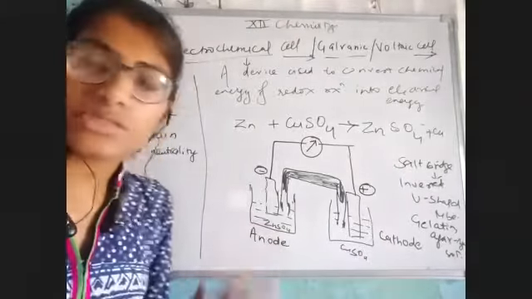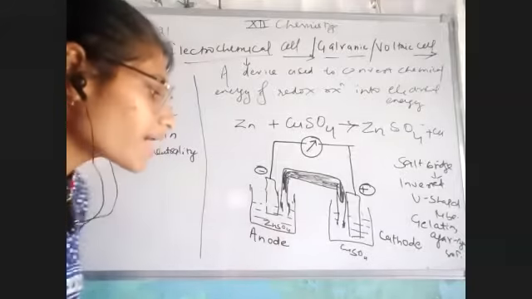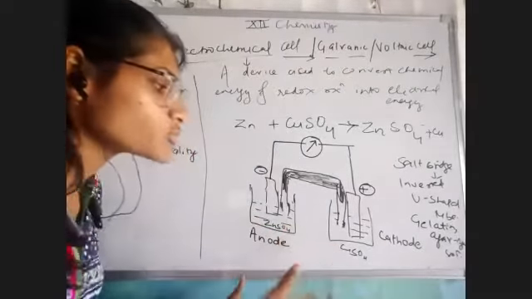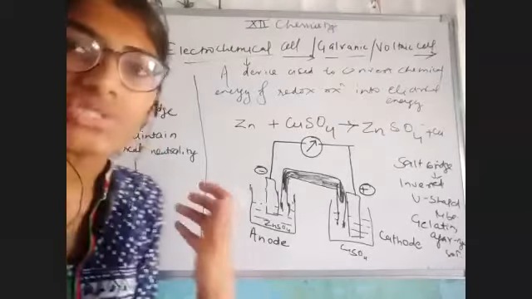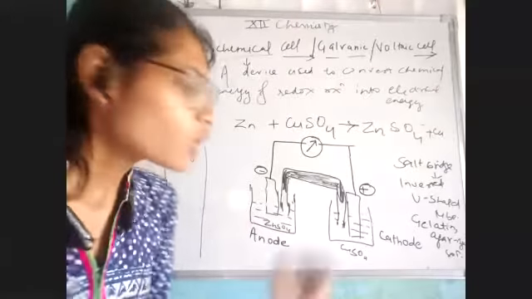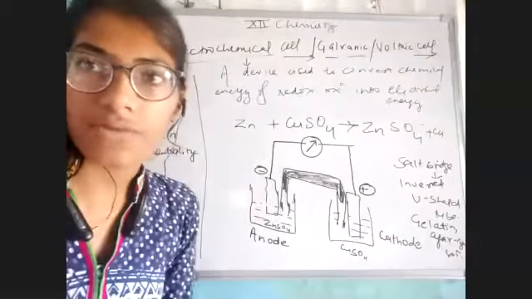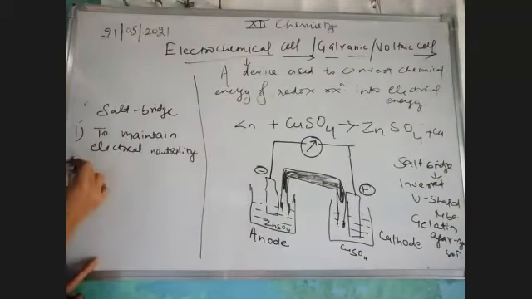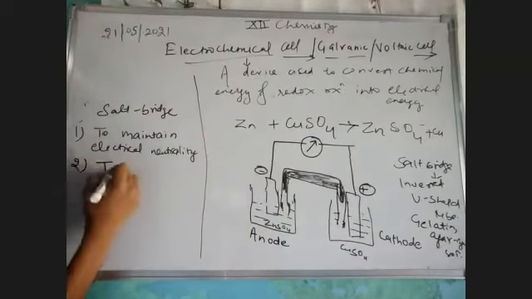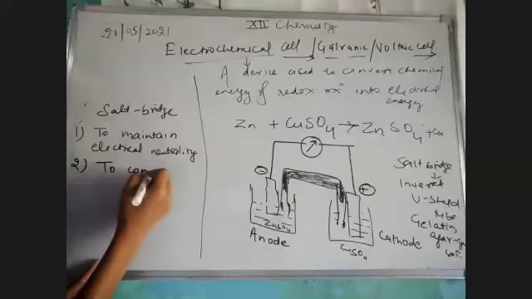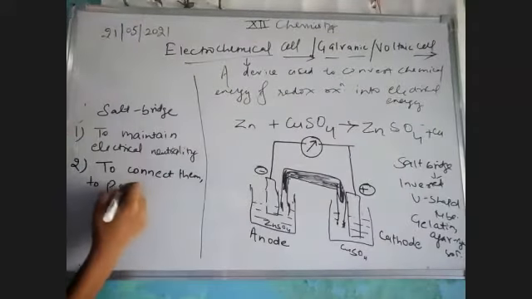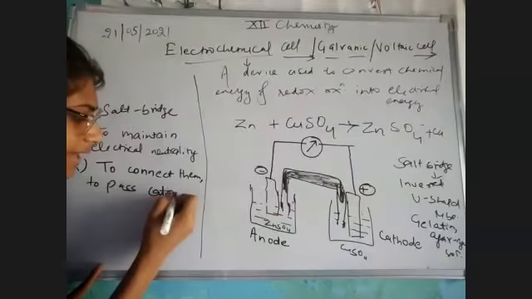Left hand side, there is oxidation. So what would happen after some time? This zinc sulfate solution and this copper sulfate solution would start converting into zinc 2 positive and sulfate ions, copper 2 positive and sulfate. Okay. So the first work of this salt bridge is to connect them, or we can say to pass cations or anions